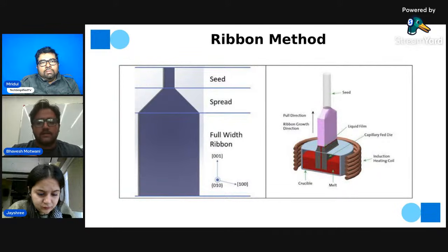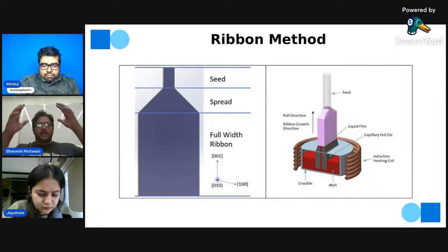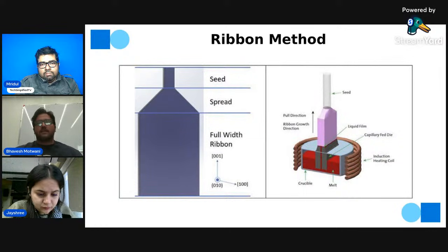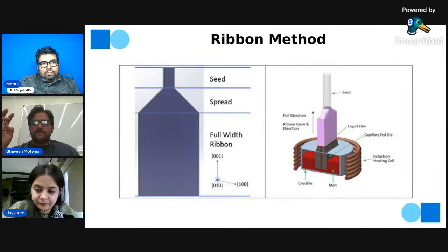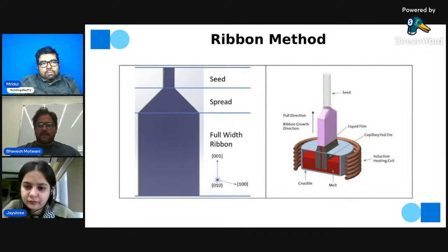So the ribbon method is used as a huge alternative for making a wafer, because while we create an ingot, after that ingot is polished and sliced, waste is produced in a very huge amount. That huge amount is wasted at a phase where